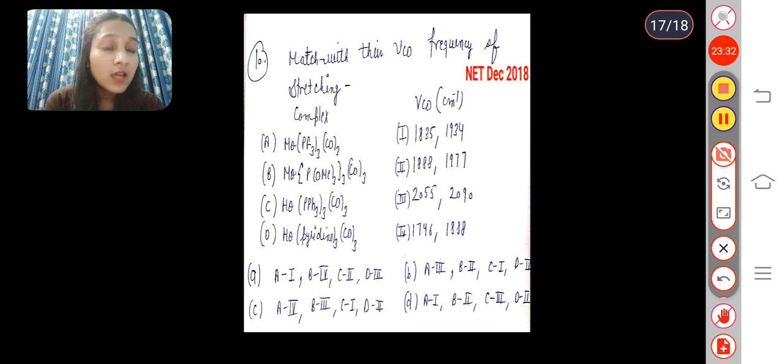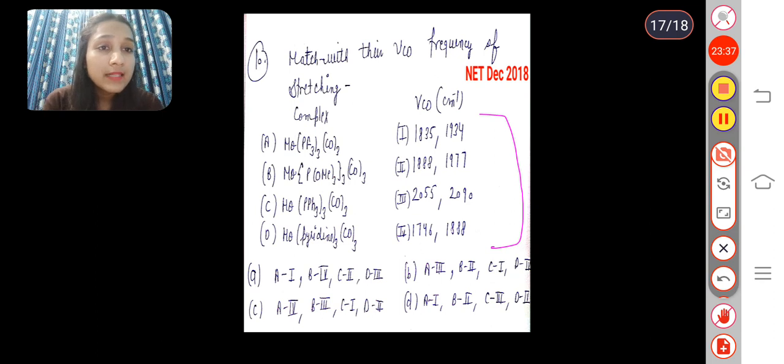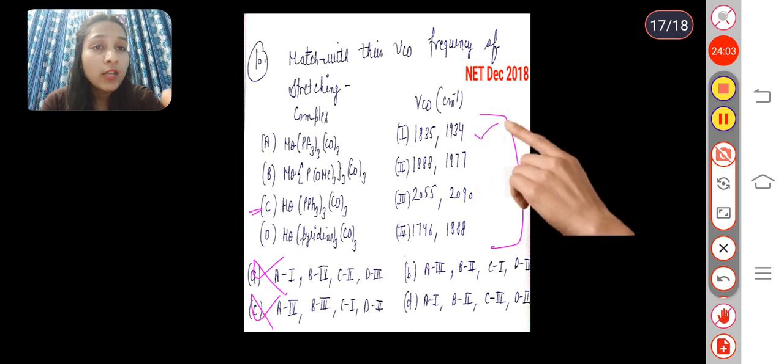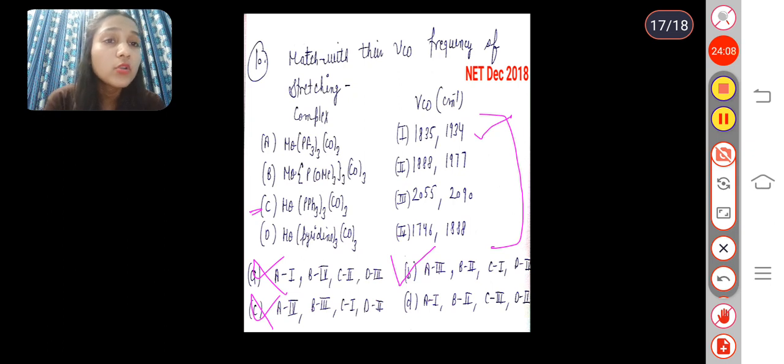So let's take the lowest value from these four, and that is option number 4. Yes, option number 4 is the lowest value. Now come to the options. For D we have two options, so just eliminate options A and C. The answer will be from B or D. Now after alkyl we have aryl, the next value is with aryl. This is option C, so after this our values will be this one, 1. For C it is 1. So option B is our correct answer according to this series.